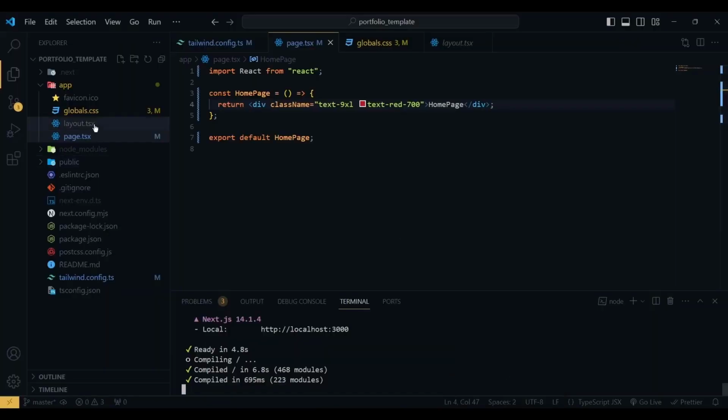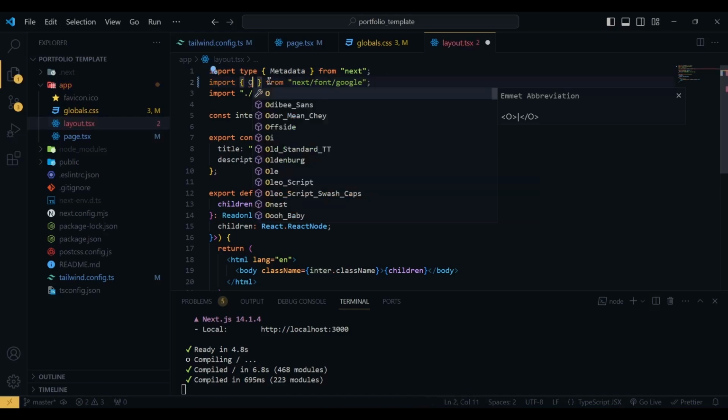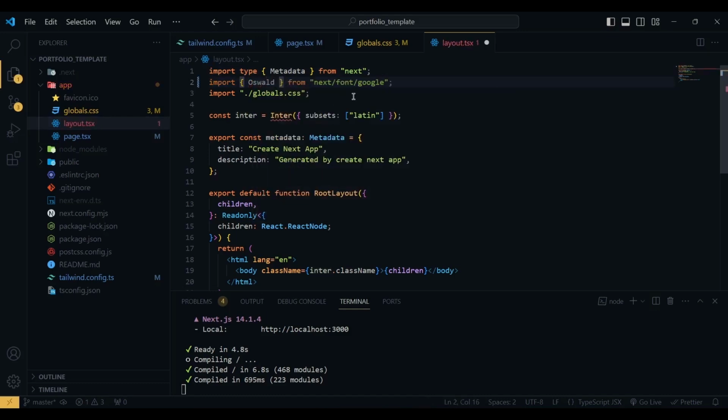So now we are going to customize our font. So Next.js 14 has already integrated Google fonts. So you can use any Google font you want without externally importing the font. So for this project, we are going to use a font named Oswald. So I am going to import it from next font Google. Then I'm going to change the constant name here to Oswald, and I'm going to remove this, and here we